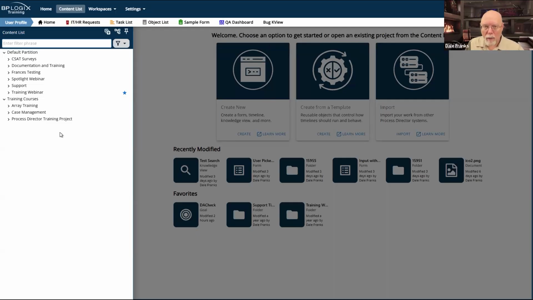Do you need multiple partitions on your system? Almost certainly no. You almost certainly want to have everybody in the same partition, and you want to have one partition where you do your work. That's not really a problem because of the way that we do permissions, which we're going to talk about a little bit later, but I can actually segregate users off so different classes of users can only have access to a certain part of the content list.